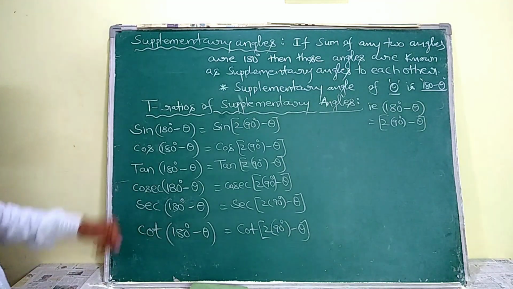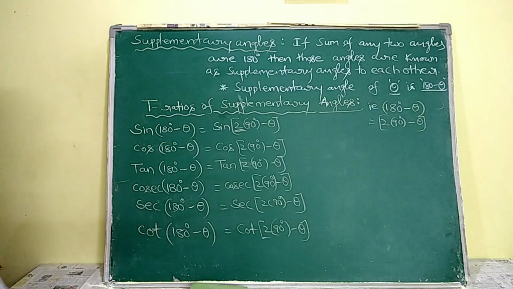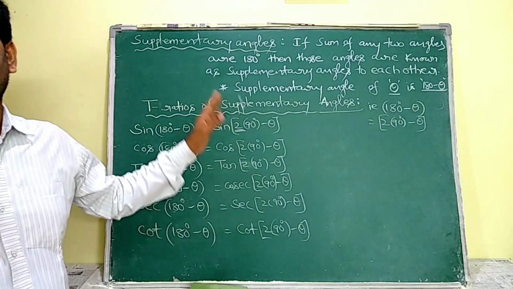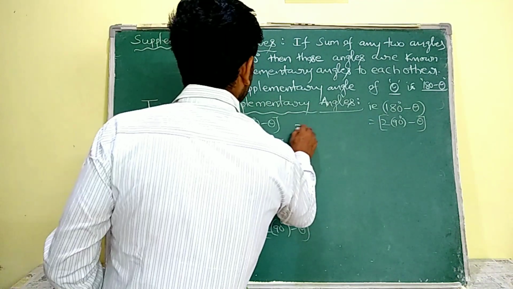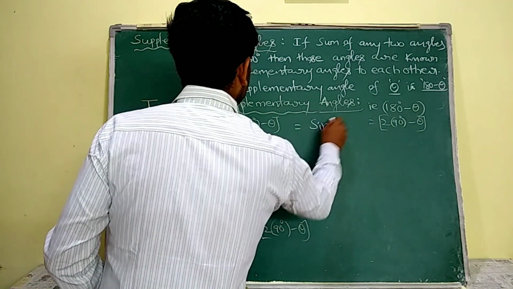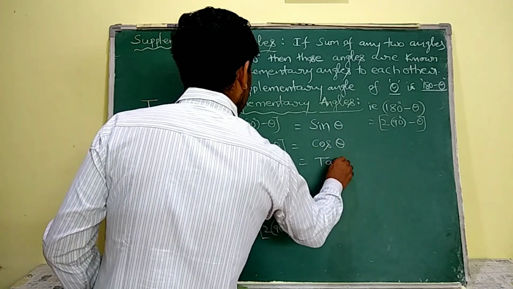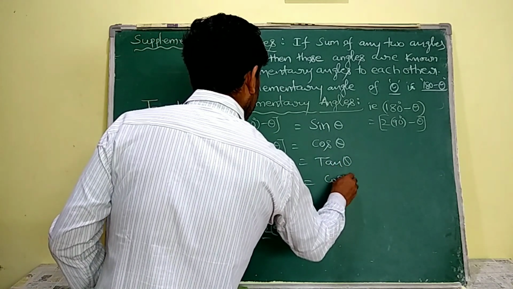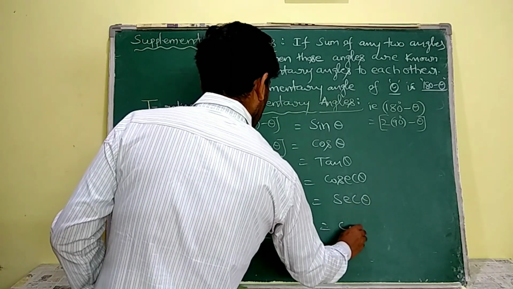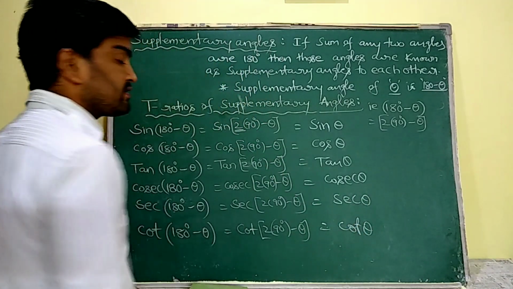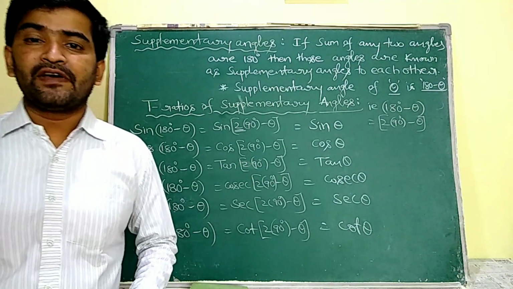Now see here, in the place of n I am having 2, that is an even number. So as we discussed, if the n value is even, then there is no change in the trigonometric ratio. So the sine remains sine only. Now I have to write theta. Similarly, first write all the values: tan theta, cosecant theta, secant theta, and cot theta. After that I have to write its sign for verifying.